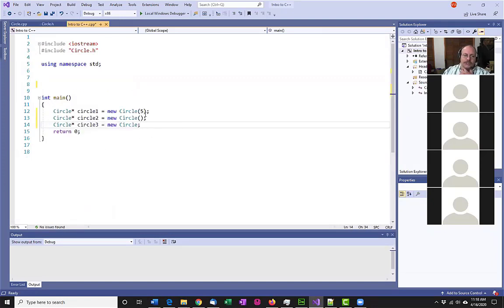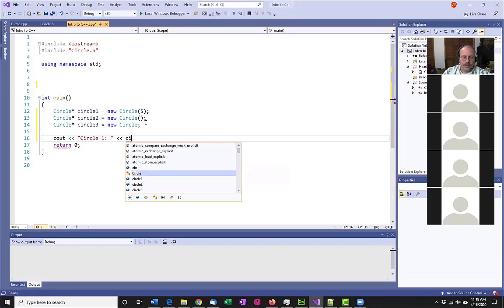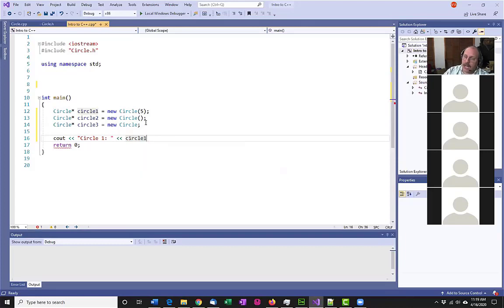Okay. So here I have circle 1, which is an object, and I specify new Circle and give it a parameter. Here's circle 2 with an object. This is a no-arg constructor. This also technically works. So if I say cout circle 1, now, because I'm using a pointer, and this is an important piece,